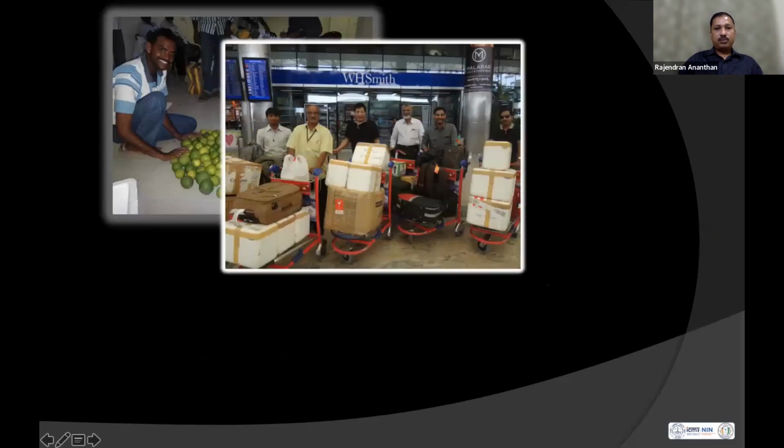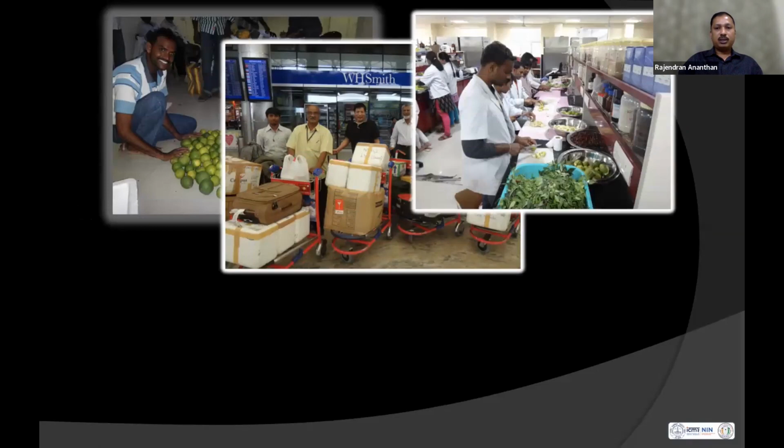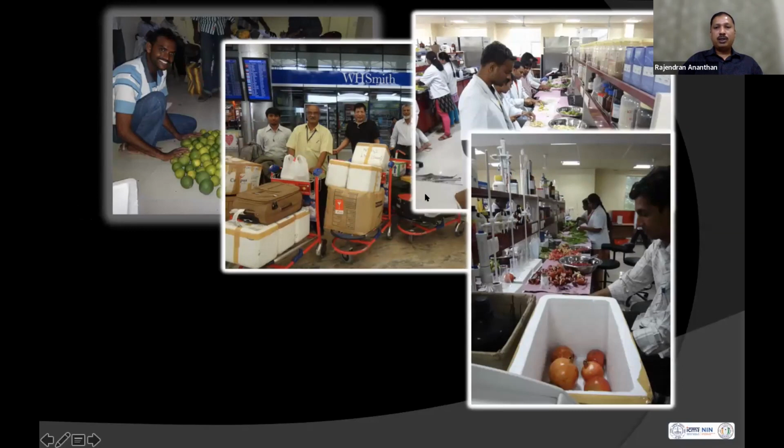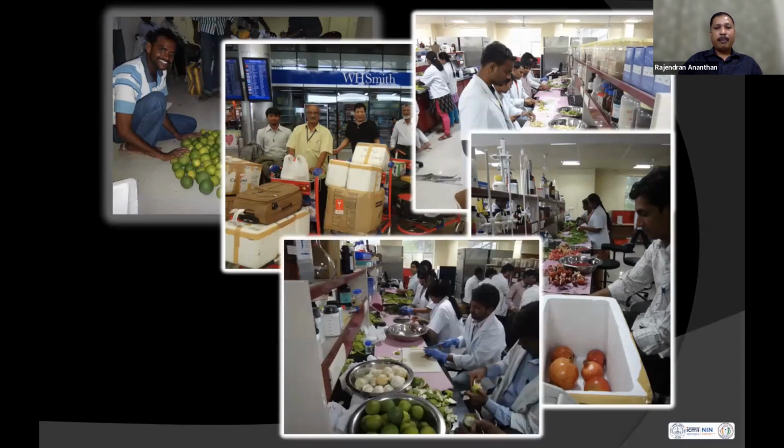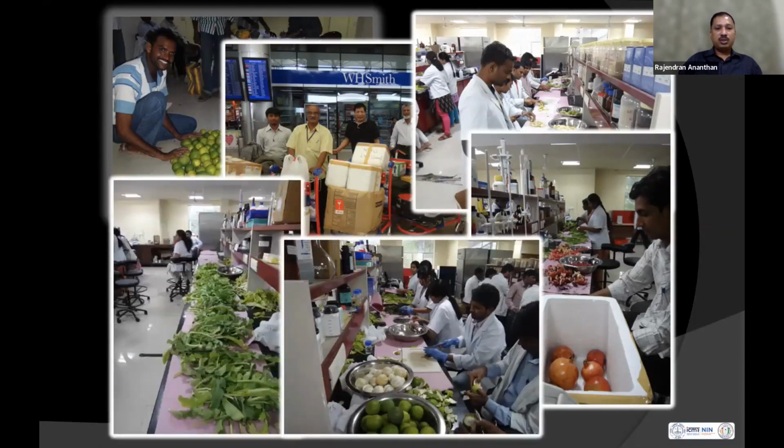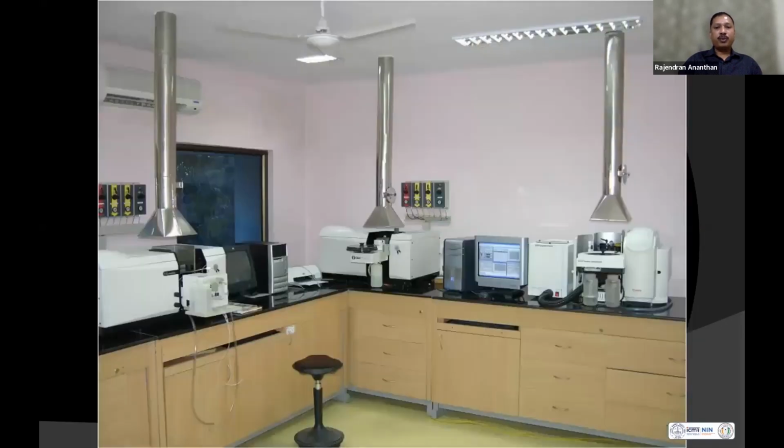So these are a few pictures showing proper packaging techniques and transfer to the laboratory. A very important thing is that some heat-sensitive vitamins, like vitamin C and folic acid, need to be analyzed immediately. As soon as the samples reach the lab, we clean them properly and start analyzing these sensitive nutrients. So we have established a very good facility to conduct more than 150 nutrient components